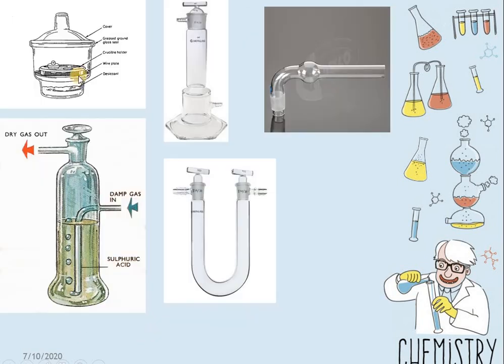So these are certain items which we had discussed. This is a desiccator. You have to keep the desiccant, that is anhydrous calcium chloride, in here. You can check with your book also. This is generally a drying bottle containing concentrated sulfuric acid. You can see on one side the moist gas is going in, bubbling through, and the dry gas is going out. Then this is the drying tower. You can keep a certain drying agent in this. This is a U-tube. Again, you have to contain some drying agent or dehydrating agent in it. And this is the drying bulb.